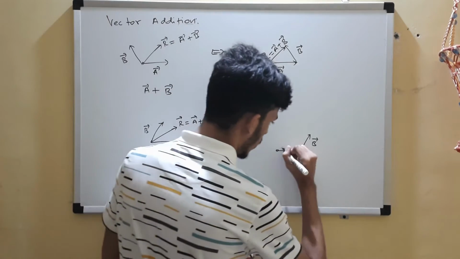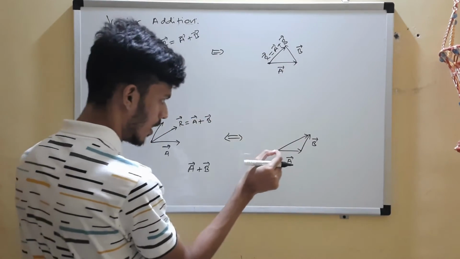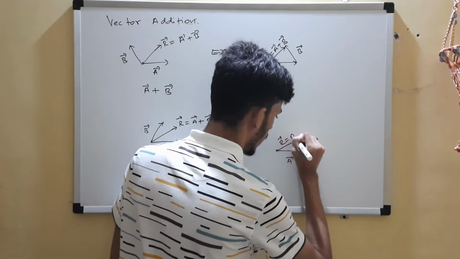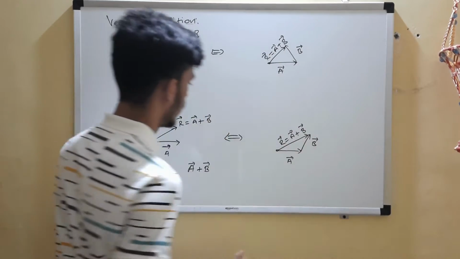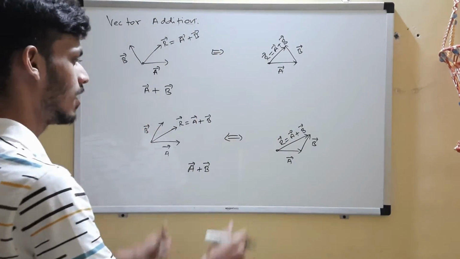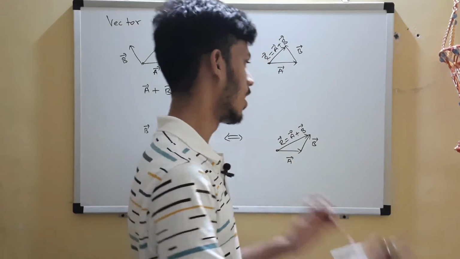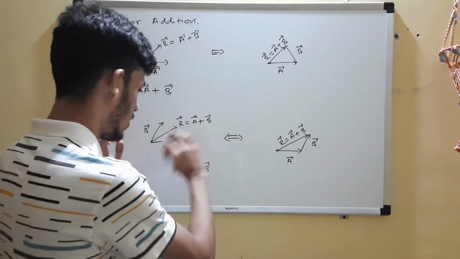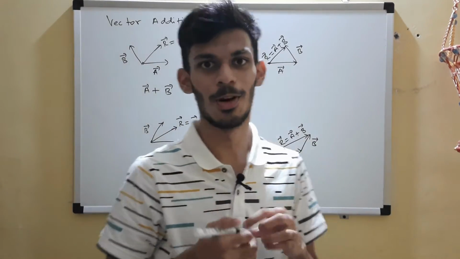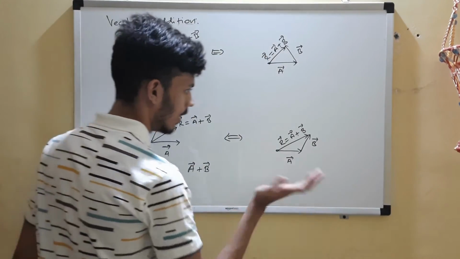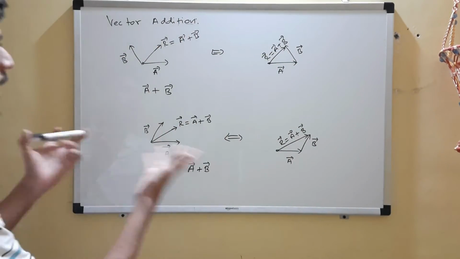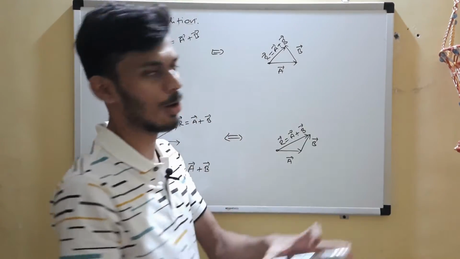And now what does your resultant have to say? It will be from the tail of the first to the head of the second. So r equals vector a plus vector b. If you plot it on a graph, they will be perfectly parallel and equal in length. I'm not drawing it to scale, but approximately you can see that both of them are parallel, and the cheat code satisfies what you get from the triangle law. So this cheat code that I am using is not a cheat code, actually, it's the second law. It's the parallelogram law that I am using.